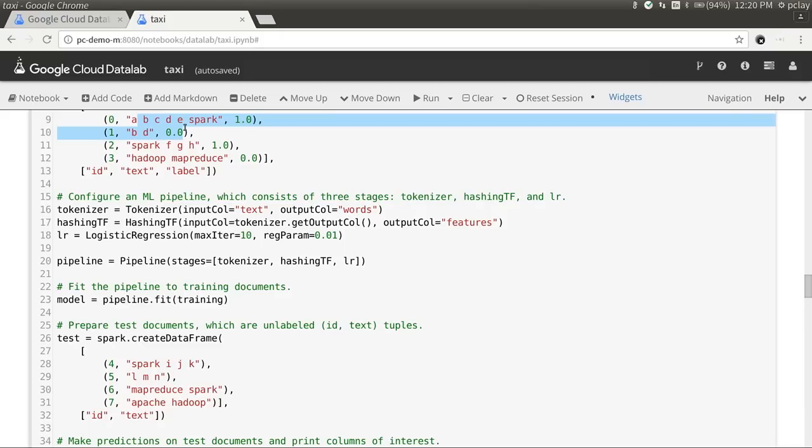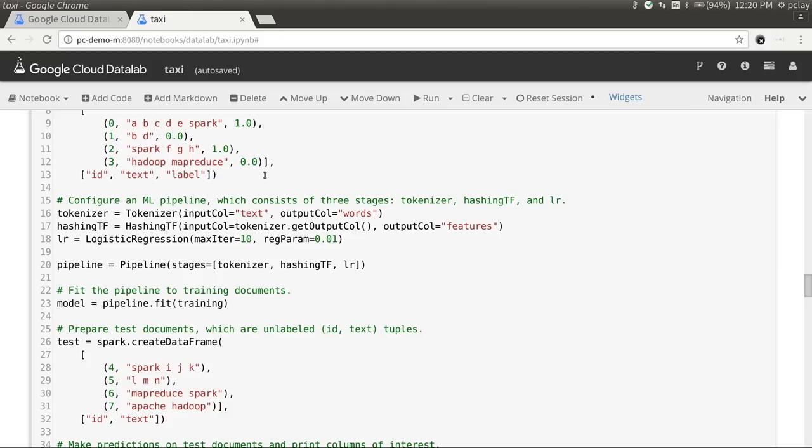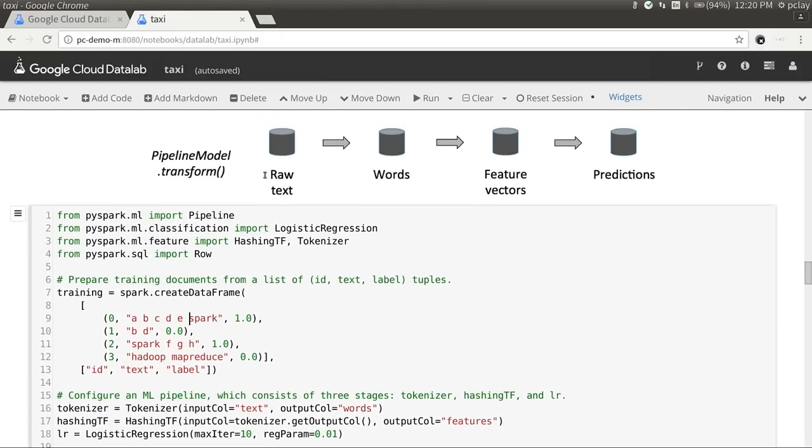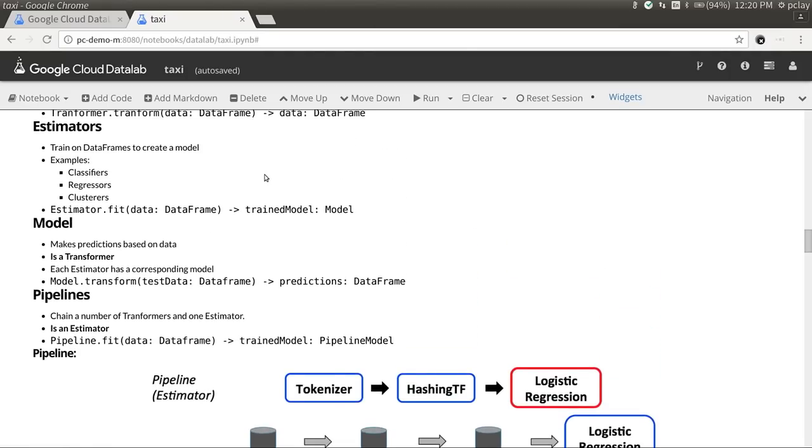The data is designed so that if the data contains the word Spark, it's 1, otherwise it's 0. But in general, you could do more fancy transformations like topic determination in the Shakespeare example. So if I scroll back up,